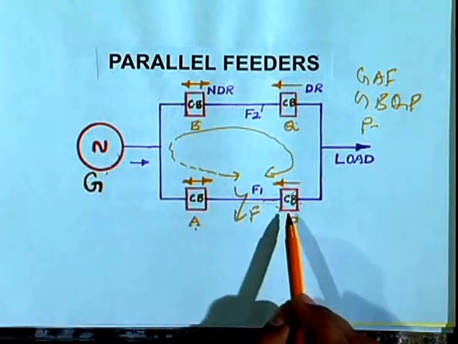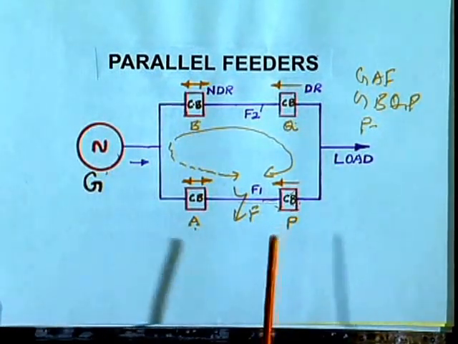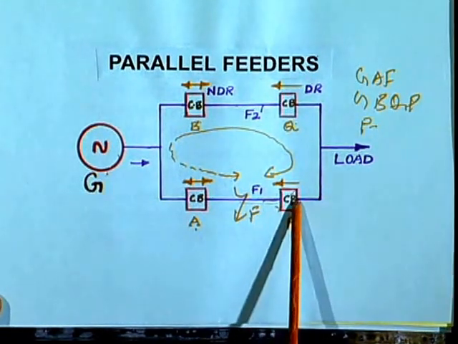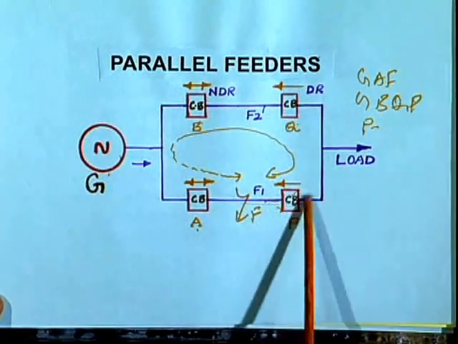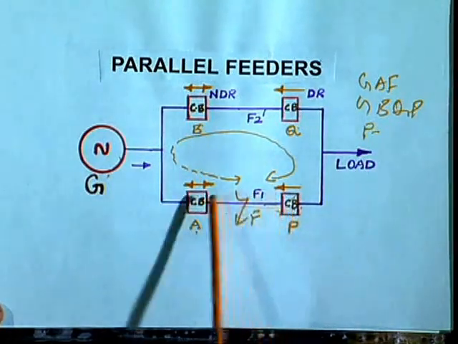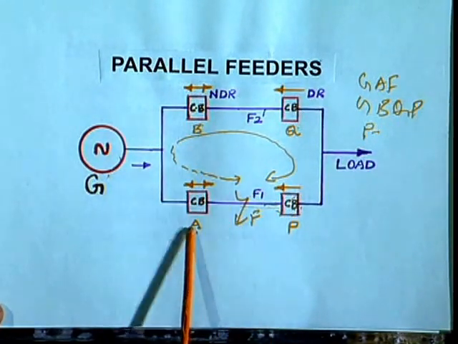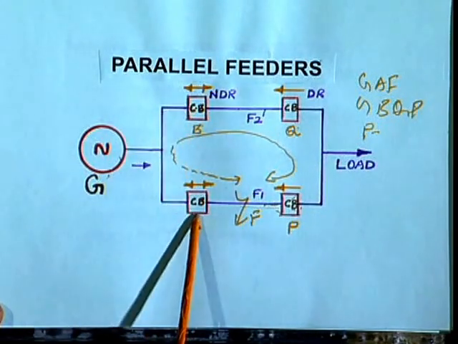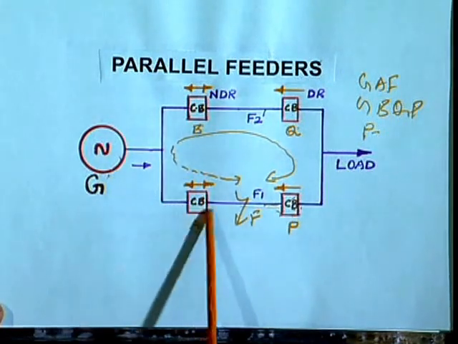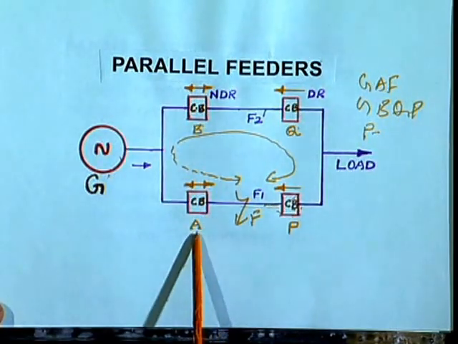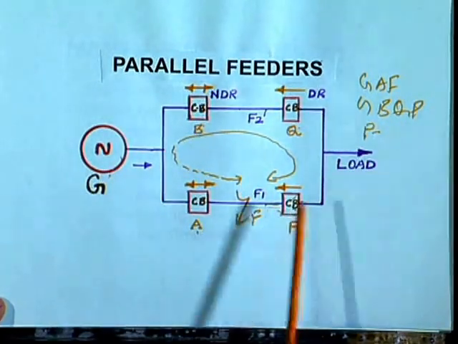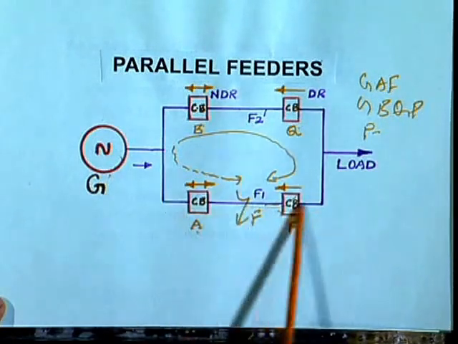Once P operates, it will close its contacts, and when P closes its contact, the circuit breaker opens its contact. When the circuit breaker opens, feeder 1 is disconnected at that end. Then immediately A also will open. You can have a doubt whether B will open or A will open. Because of the inverse characteristic, more fault current flows through A, therefore the circuit breaker near A will operate. So P will operate and A will operate, that means the total feeder 1 is disconnected.